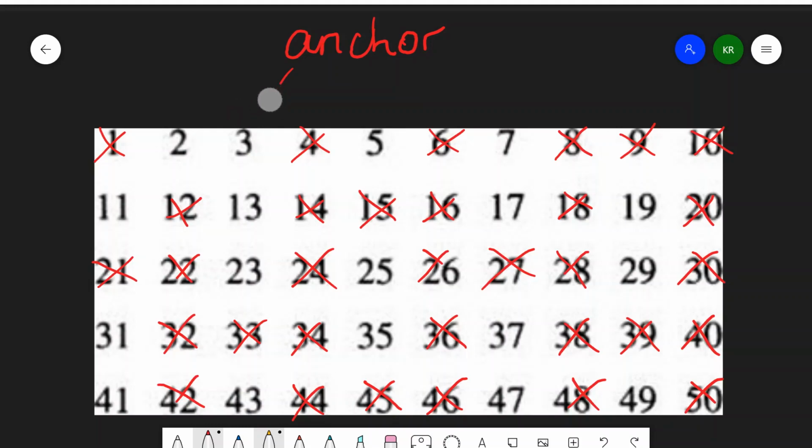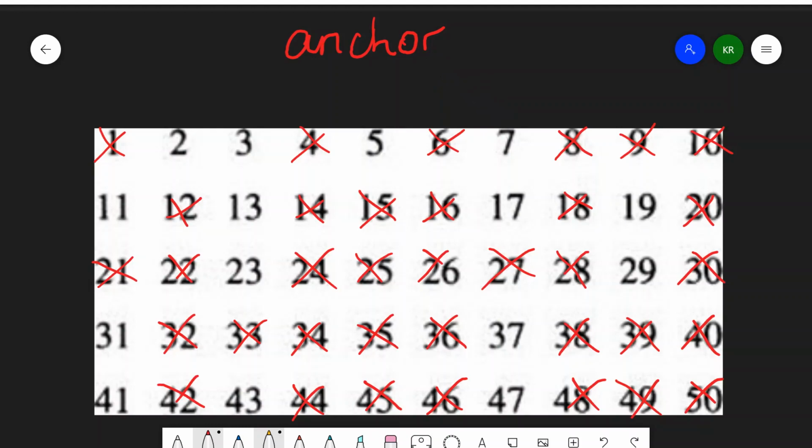Then it moves the anchor number along to 5, and it squares it to give you 25, and it removes that. Then it adds 5 to give you 30, which is already gone. Adds 5 again, 35 goes, 40 goes, 45 goes, 50 goes. Then it goes to 7, moves the anchor number to 7, squares 7, gives you 49, and it just removes it. Now we can stop here, and the reason we can stop here is because the sieve of Eratosthenes essentially